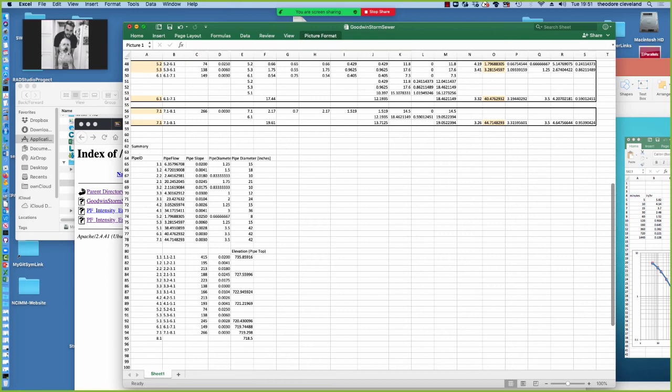So that is everything you need to know about the rational method and pipe design. It's actually pretty cool. The first time, if you've never ever done it, it's going to just be utterly confusing. So